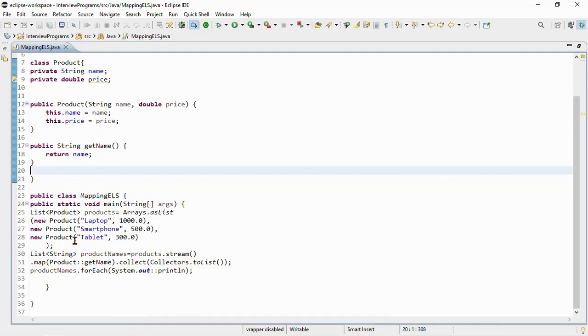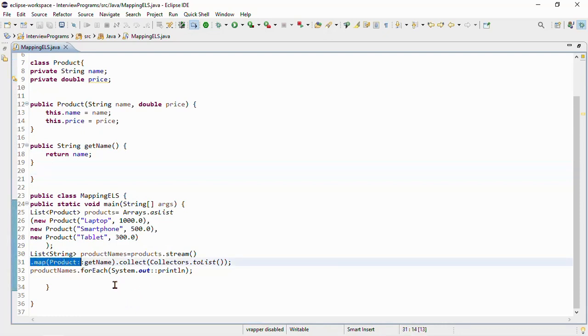Then we create a stream from the list of products, and using the map operation we extract the